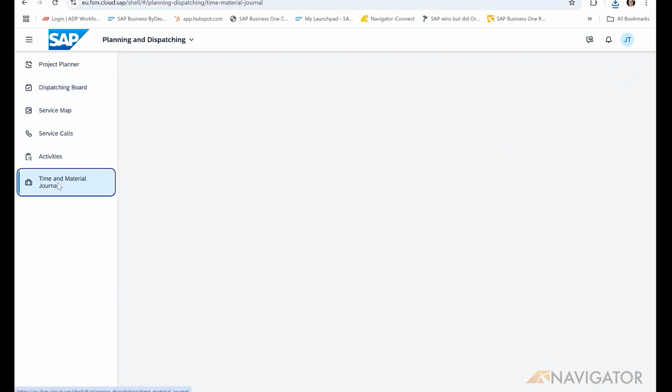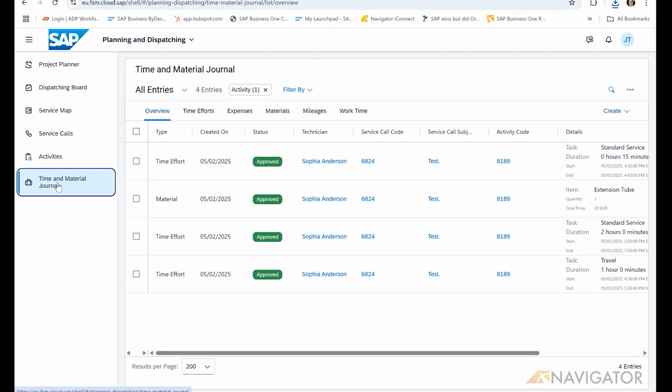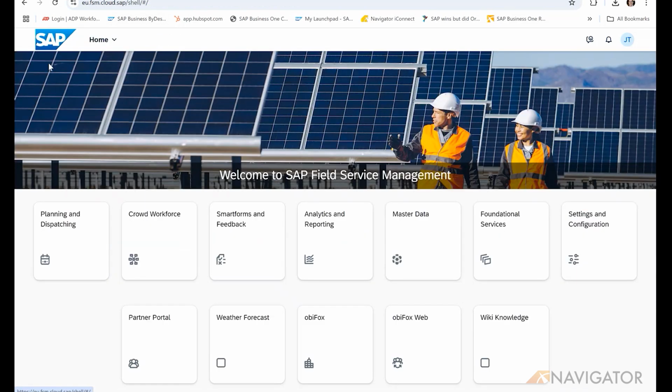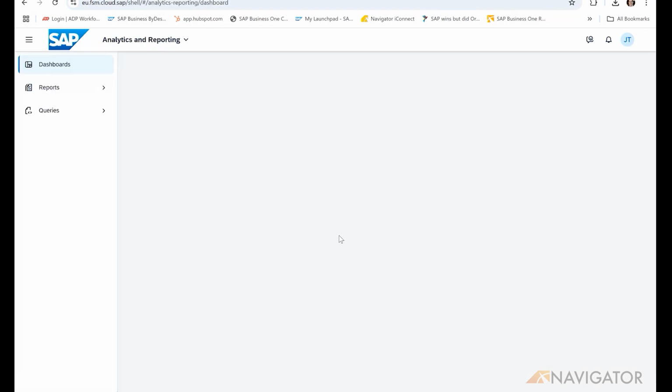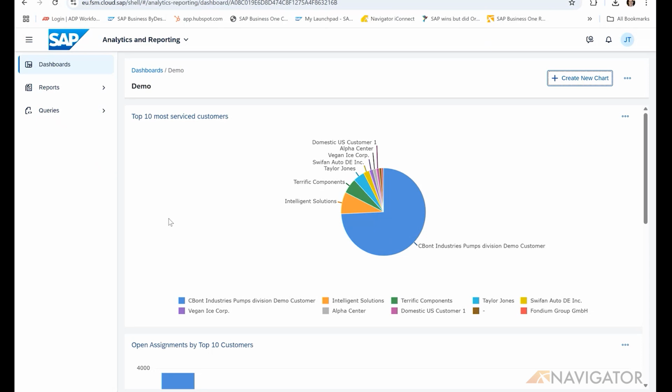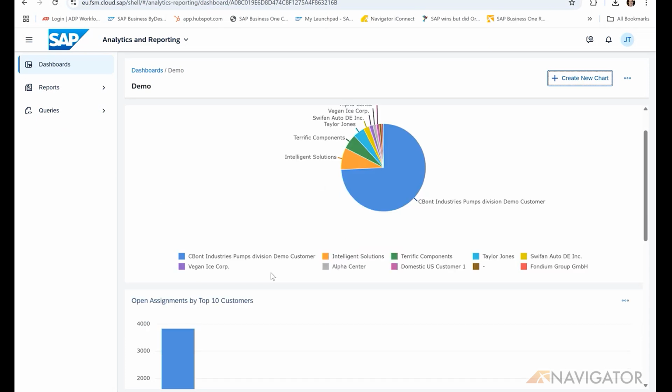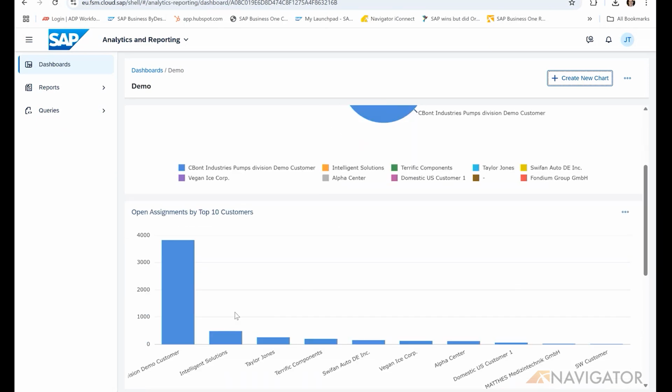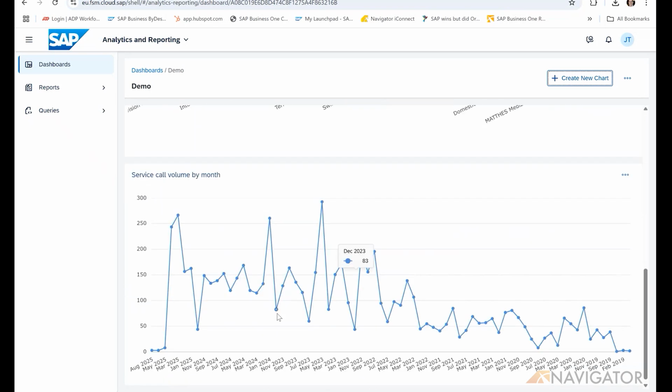There's lots of different screens, lots of different things to go into, but as I take a look at the time and material journal, here's the time and material journal. This one was from Sophie some period of time ago. But as I look back and I want to take a look at any of the rest of it, I do have a lot of analytics and reporting. I have various dashboards. So if I do my demo dashboard, I can have the top 10 most serviced customers. I can have open assignments by customer. I can see my sales